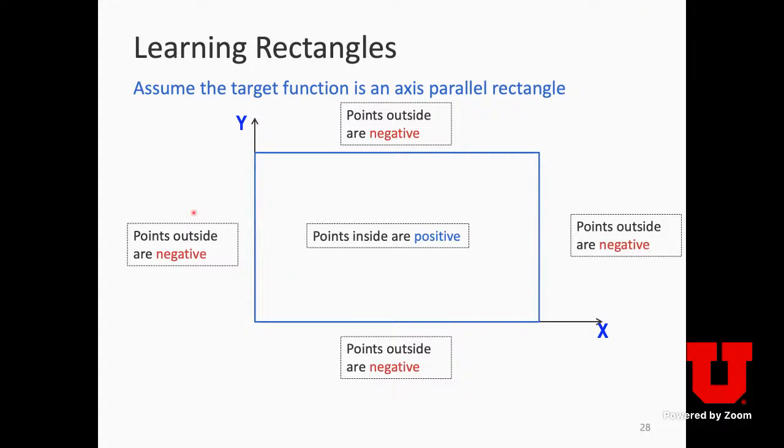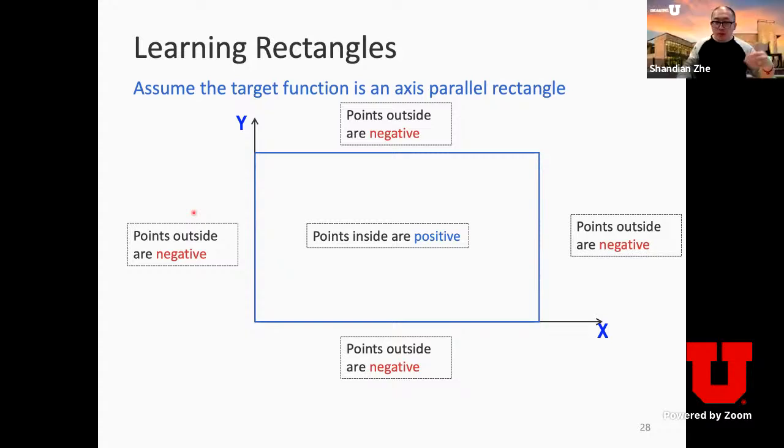However, when we add more and more training examples, say we add 2 more examples here, we get an enlarged hypothesis, which is much closer to the target function. Also, although there's still a little bit of a gap, when we add more, we're kind of approaching the target function. Right?